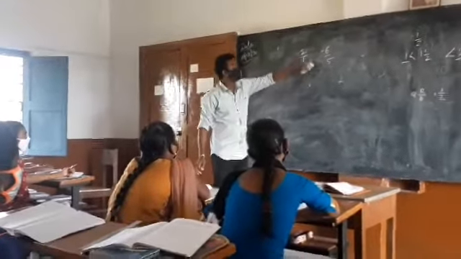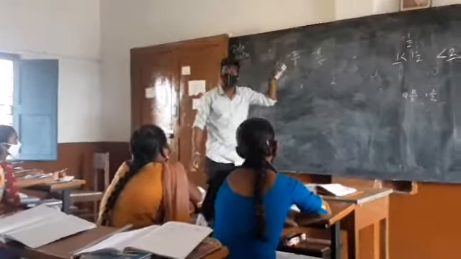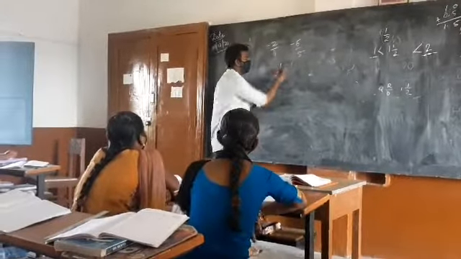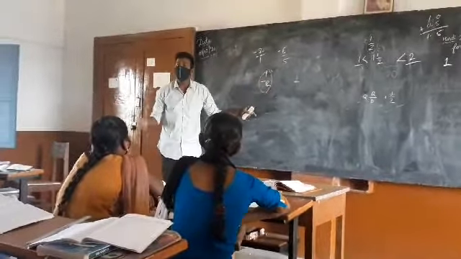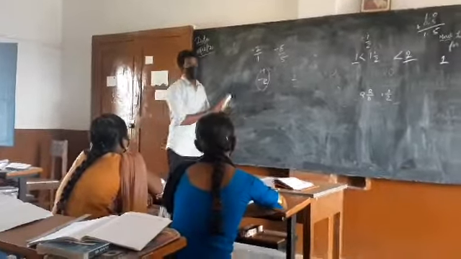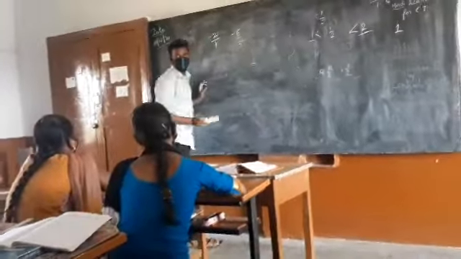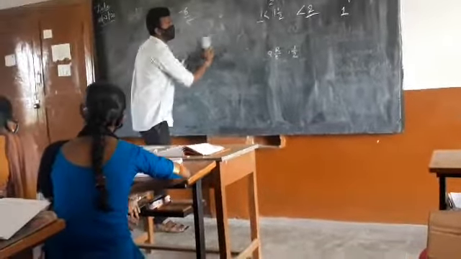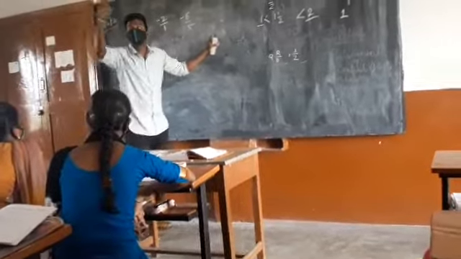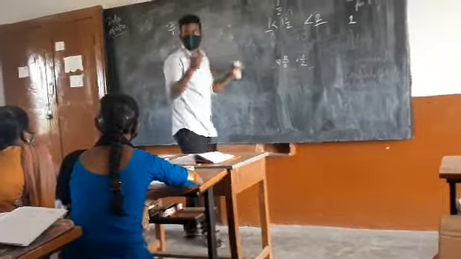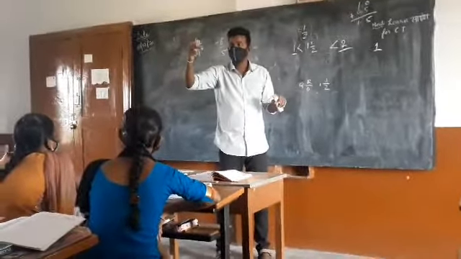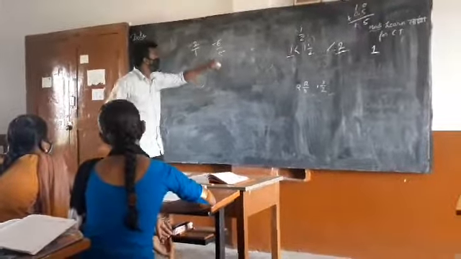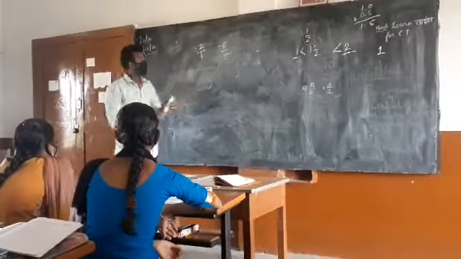Why am I not considering minus 2 by 1? Though it is an improper fraction, it is just minus 2 only. I can directly plot it on the number line, just like an integer. Why am I interested in minus 6 by 5? It is a little difficult for you. Let me clear that. It is a similar process to a positive improper fraction. We converted that into a mixed fraction and plotted that. Similarly, a negative improper fraction has the same process.